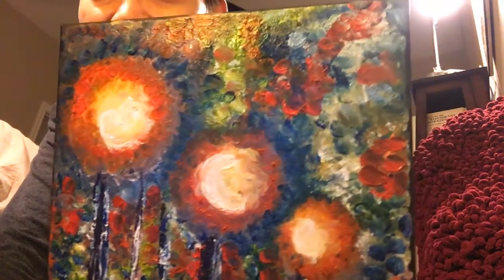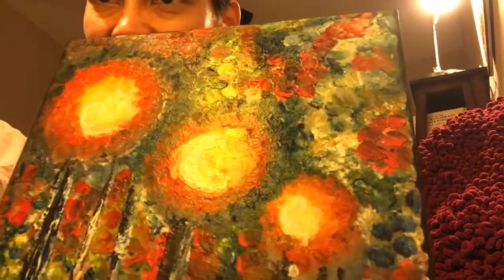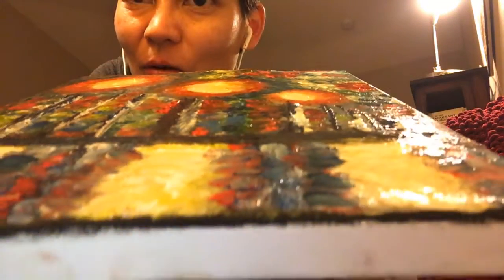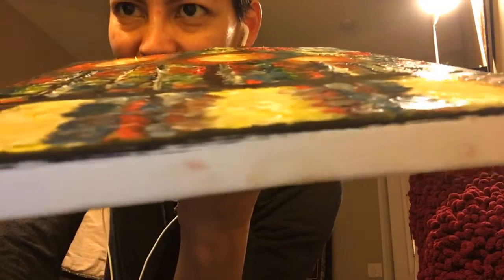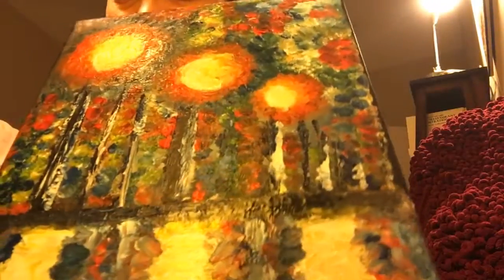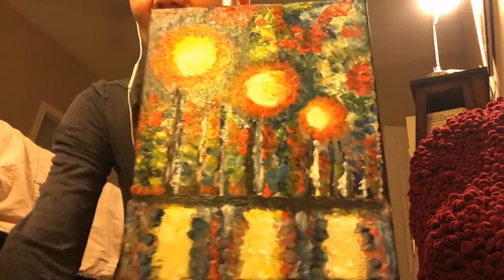You can see the texture, the Gal Kid is kind of shiny. Oh yes, this is what you want to see on your oil painting. I hope this dries. I think it will because of the Gal Kid. Let's just hope, because I keep forgetting to mix it in my paint. But